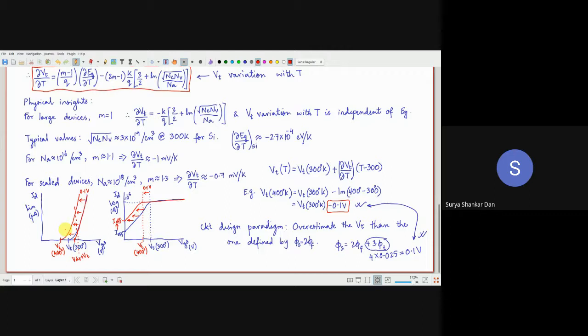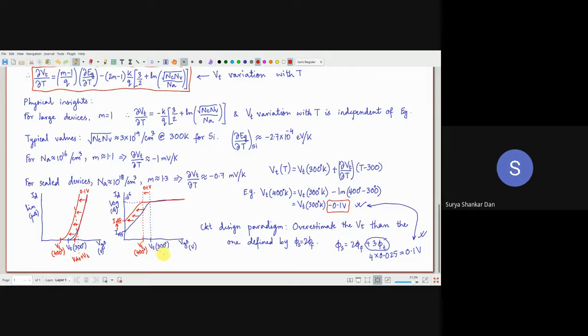your circuit designs. So the VT which you are defining from the textbooks of devices is defined by phi_s equal to 2 phi_f, which is wrong. Because if you are doing it, after 10 minutes of operation your circuits will be simply behaving like mad. All your circuits will simply go down the drain. You cannot do anything. They will be berserk. So the only way to keep a robust and reliable circuit is that you have to always overestimate the VT.